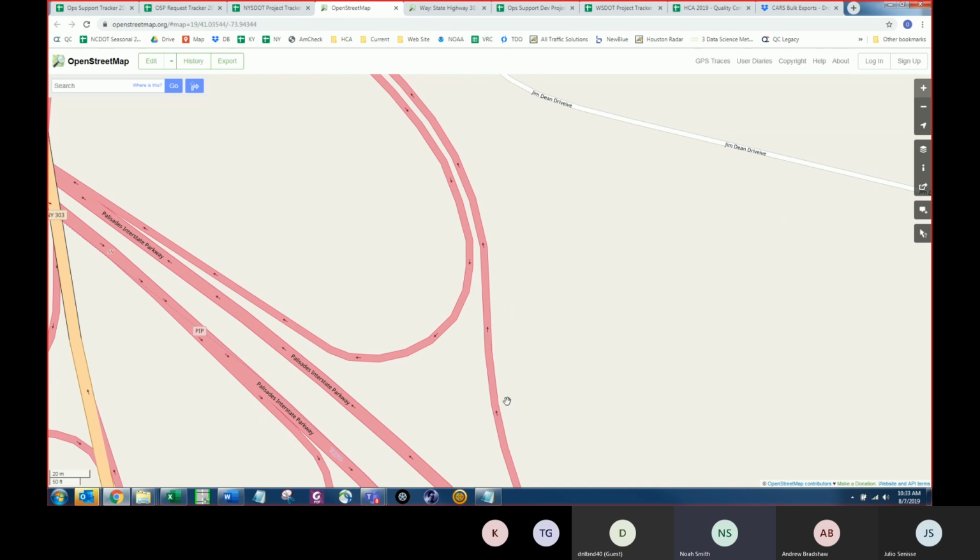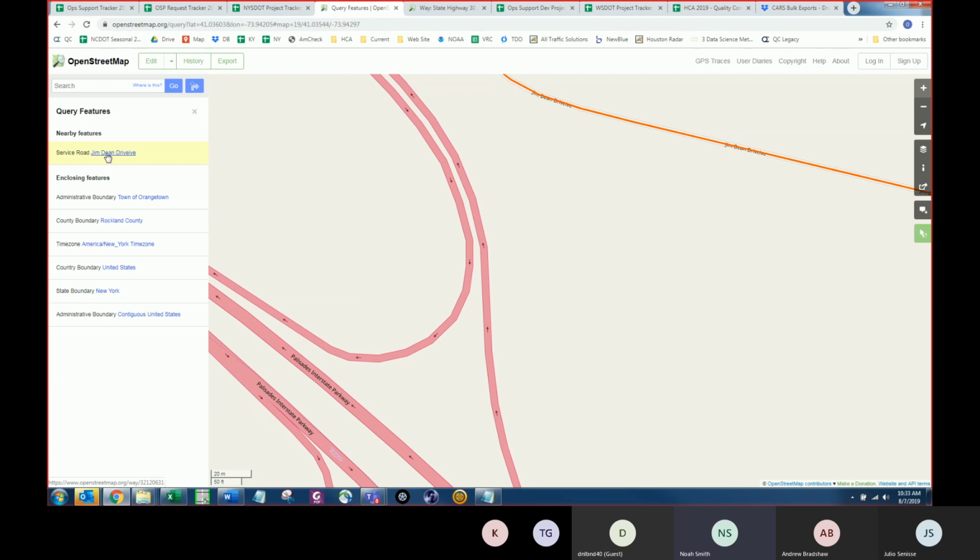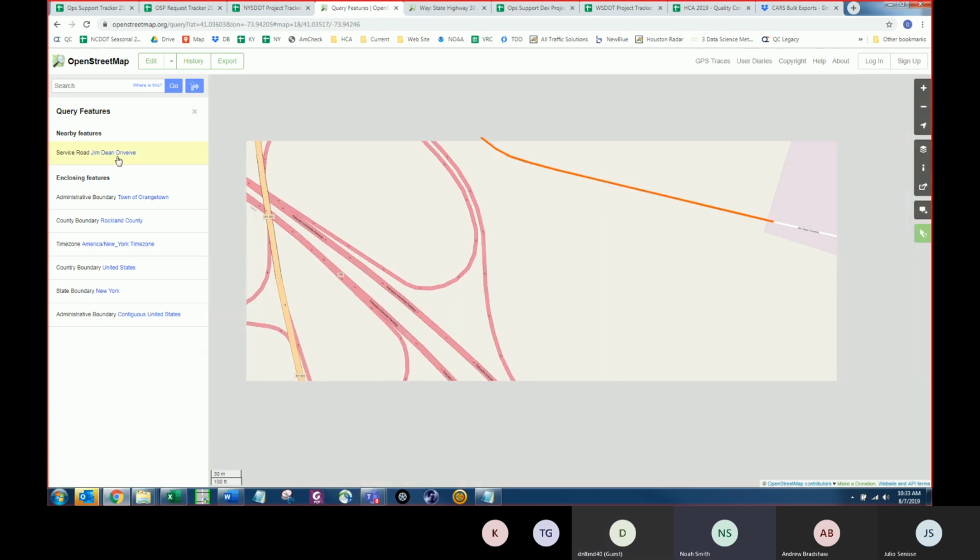Let's say it was this ramp. Actually, let's say it's Jim Dean Drive, because I doubt the ramp has a speed limit. I click the area and it gives me nearby features. I click this roadway, and when you hover over it, it highlights orange to show what piece of road you're looking at. And if I click that,